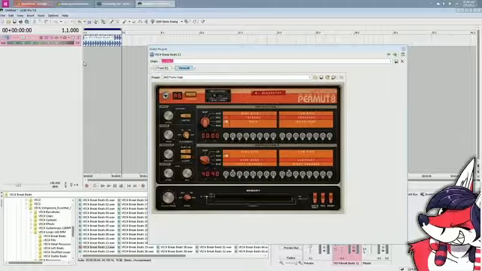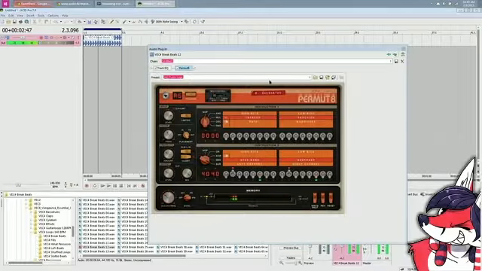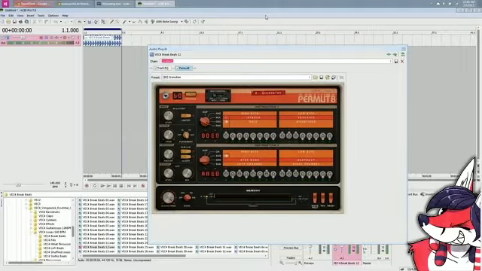I don't know how it works. Some really messed up granular stuff. I don't know what this thing actually does. It's just an intentionally disastrous plugin, and it's really cool.